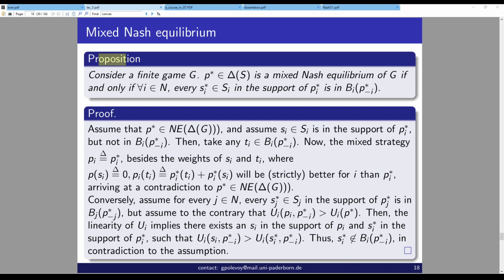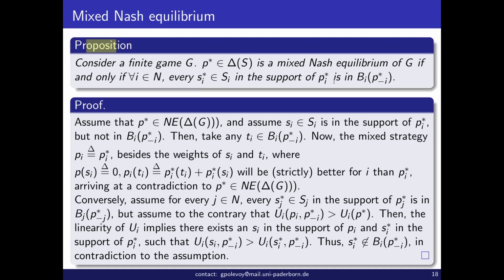So we finally get to a very simple but important characterization of a mixed Nash equilibrium, which is widely used. It is for a finite game. It's important that it's a finite game; for an infinite game, it should be a bit changed. For a finite game, a profile is a mixed Nash equilibrium if and only if for every player,